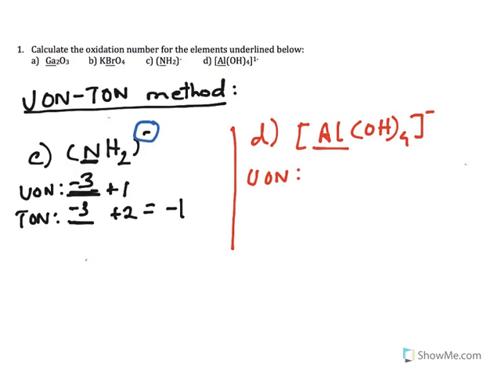We go to the next one, which would be oxygen. Since it's not in its natural state, it's going to have a unit oxidation number of -2. Similarly, for hydrogen, we are going to have a unit oxidation number of +1. Now we move on to the total oxidation numbers. Once again, for aluminium, we do not know, so we're going to leave that blank. We move on to oxygen. We have 4 on